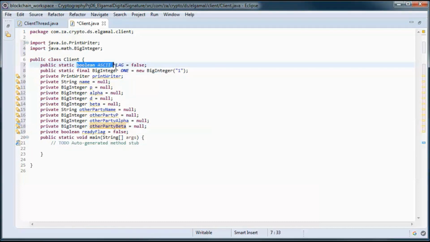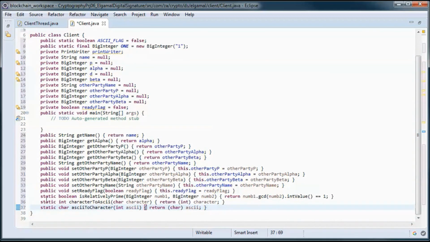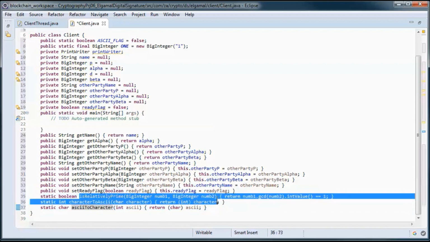And this flag indicates if we are running in ASCII mode, and this one indicates if we are ready to send and receive messages. And we have get and set methods for those, and this one turns character to ASCII and this ASCII to character, and this one checks if two numbers are relatively prime.